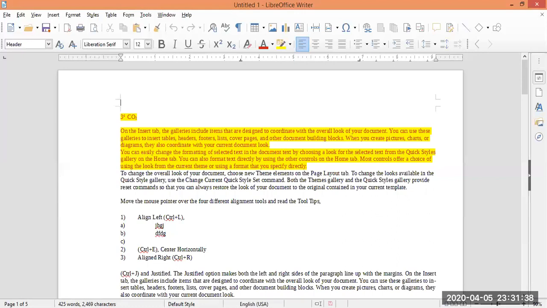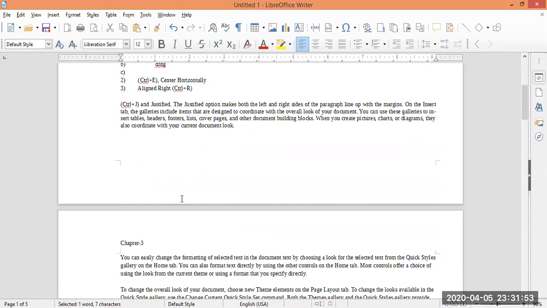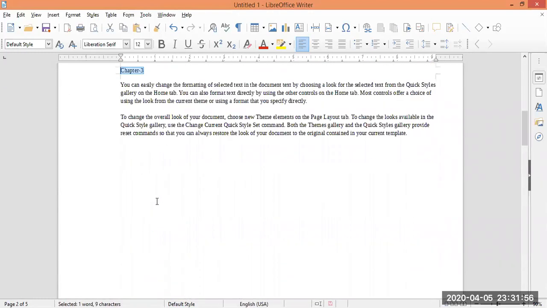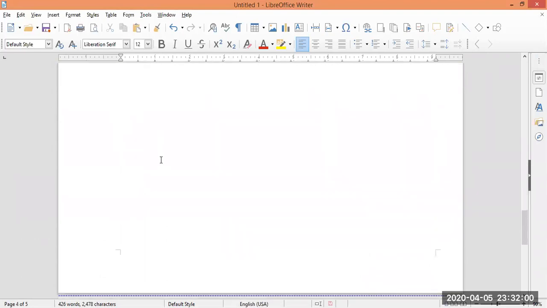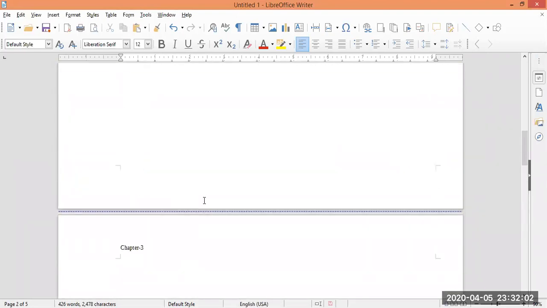Like if I write chapter 3, and then after typing the text in the header, just double click out of the header. Now you can see that chapter 3 is there on top of every page. So this is called header.